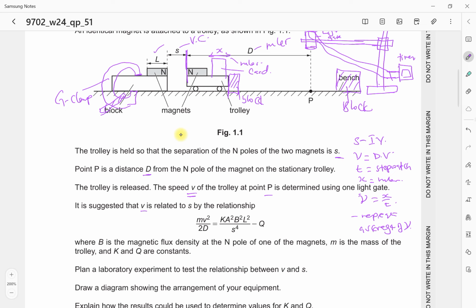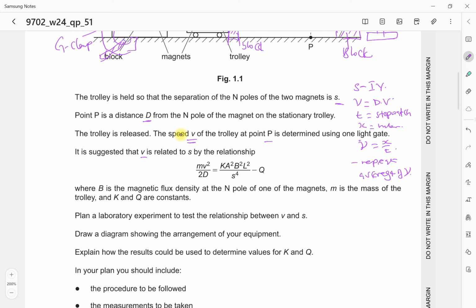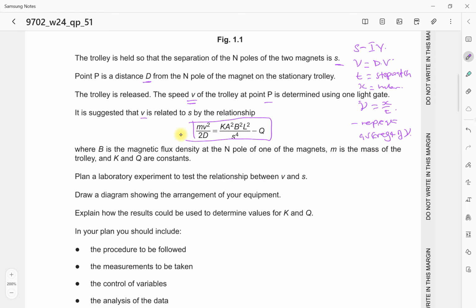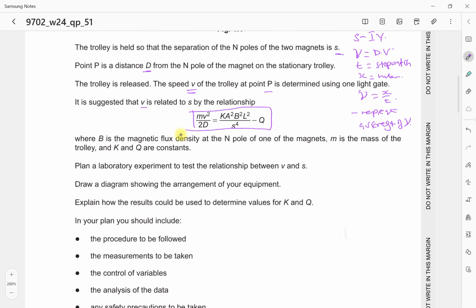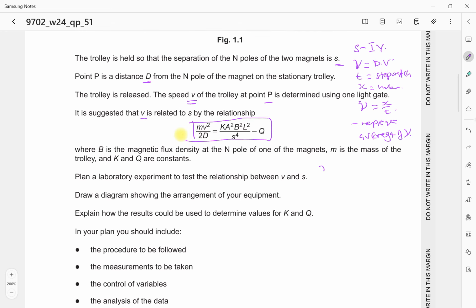Okay. Now I have how the experiment is going to flow. Now I'm going to analysis. Analysis, you look at this equation here. Because S is the independent variable and V is the dependent variable, I'm going to try and make sure anything related which has V alone is the subject. So I will make V squared the subject. So that equation, making V squared the subject, so I have that V squared is going to be equal to